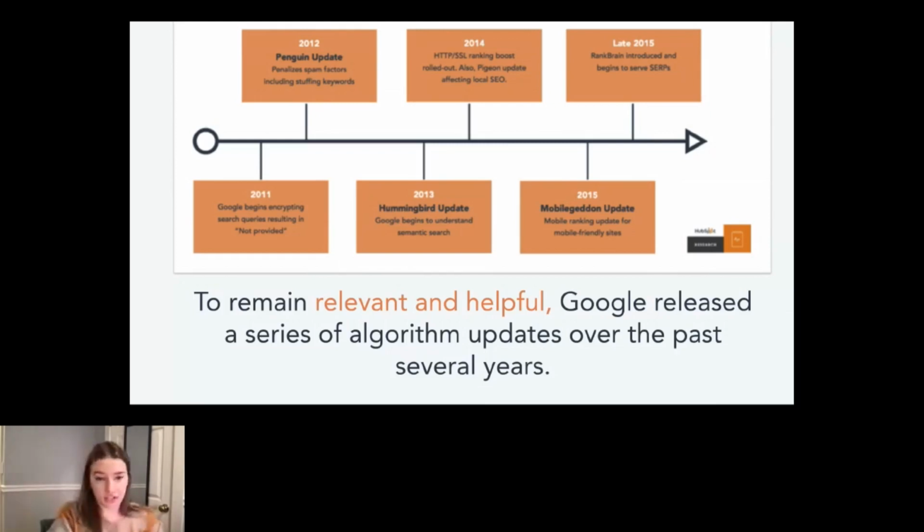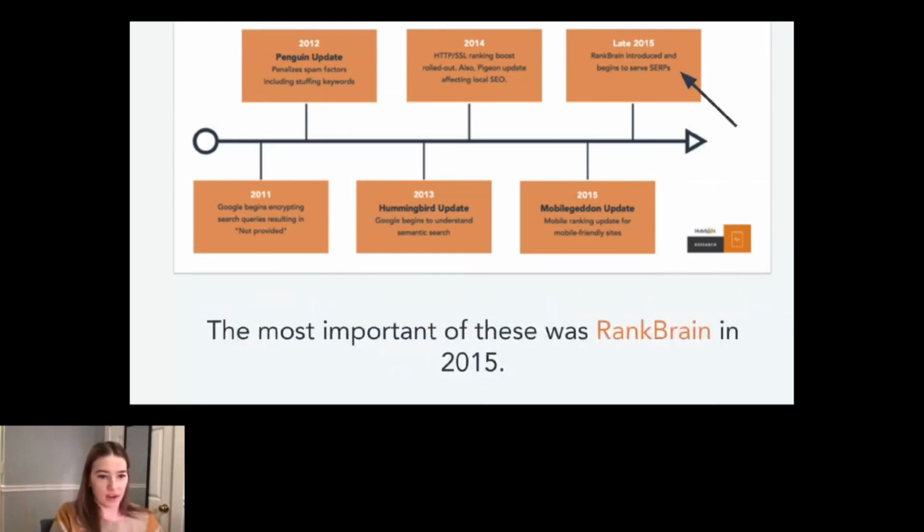And in 2015, the RankBrain update came later in the year. And I'm going to focus on RankBrain especially because this is the update that is most relevant to our discussion today about topic clusters. Some context that's important to consider is there are over 200 ranking signals that are considered when Google is evaluating a page. But when RankBrain was announced, it immediately became the third most important factor Google uses to determine a rank, which is pretty major.